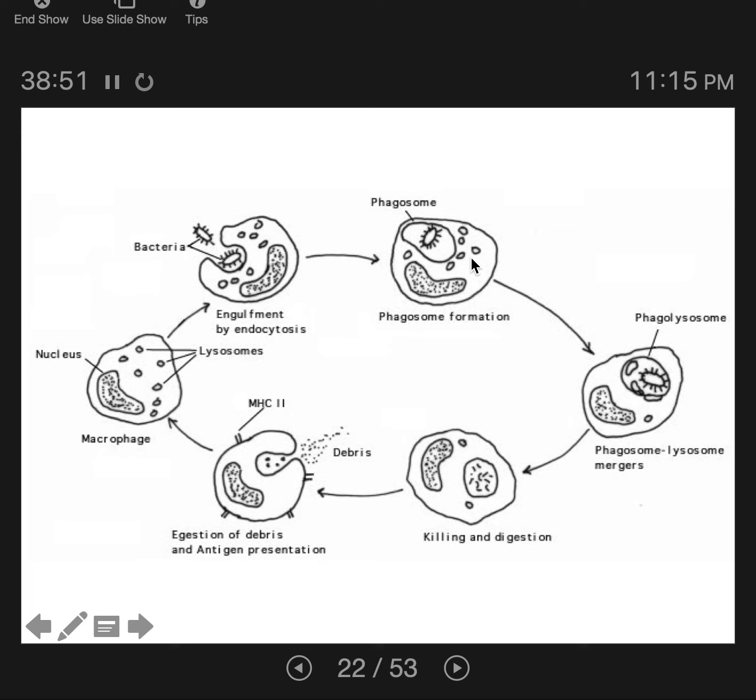So the phagosome is going to fuse with the digestive organelles, the lysosomes. The lysosomes then spill their digestive enzymes onto the pathogen. The pathogen is digested. Oh, by the way, when the lysosome fuses with the phagosome, we call it a phagolysosome, which is easy to remember. So then in the phagolysosome, digestion occurs. And then for a regular phagocyte, these digested particles will just be exocytosed, so they're just spit out. But for an antigen-presenting cell, some of that debris isn't spit out. Some of it's presented on the MHC class 2s to activate another immune cell into action.